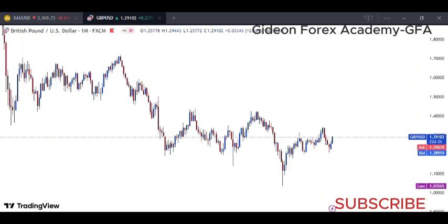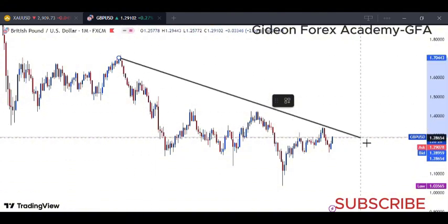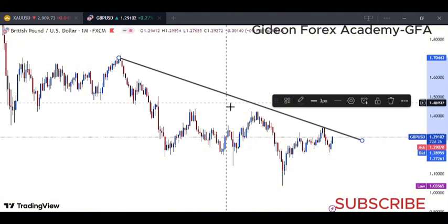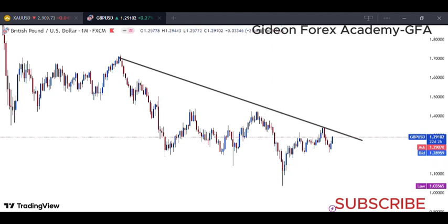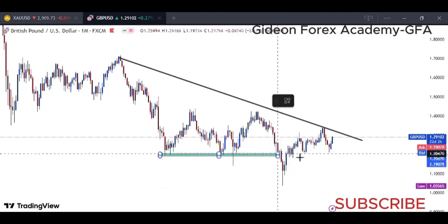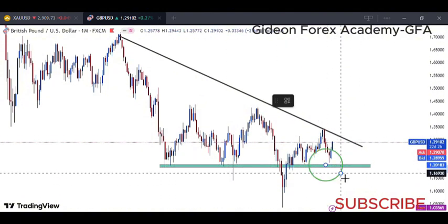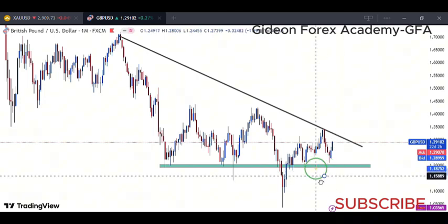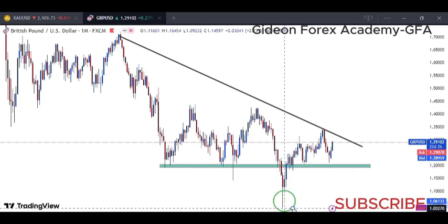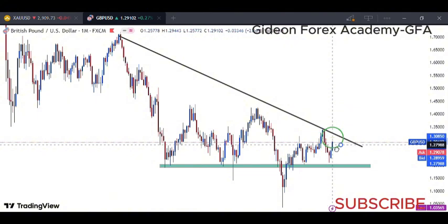So this is a drop. Okay, so you can see it's also the same market structure with Euro USD. So we saw that bounce back from this level from last week. We saw this bounce off of this area. We thought it would drop further down since it created this lower low, but you can see that it's bouncing back to retest this trend line here from a monthly time frame.